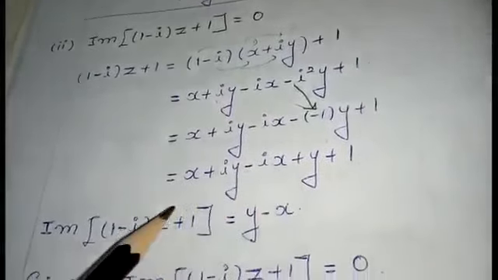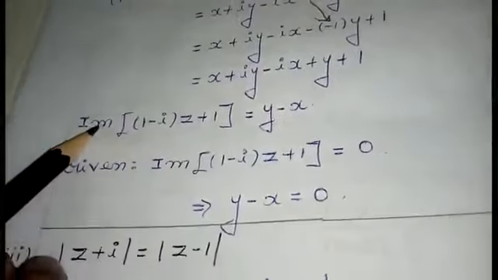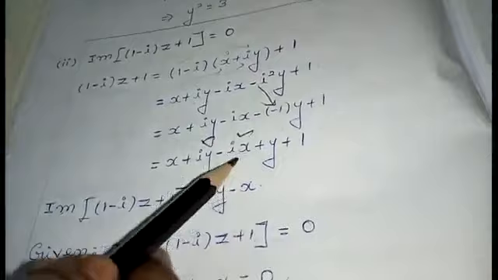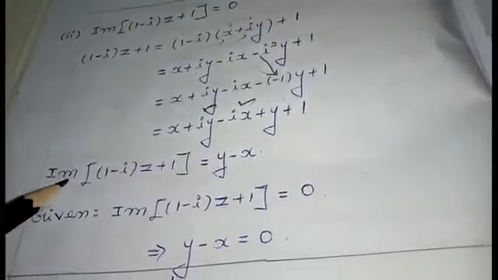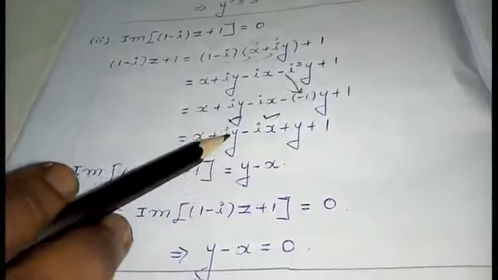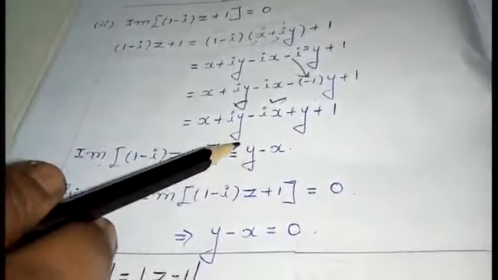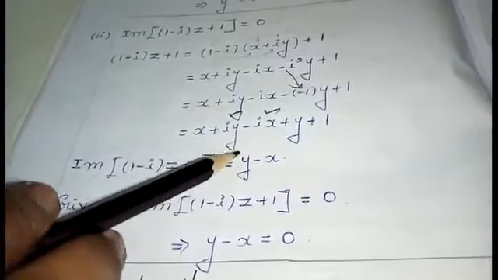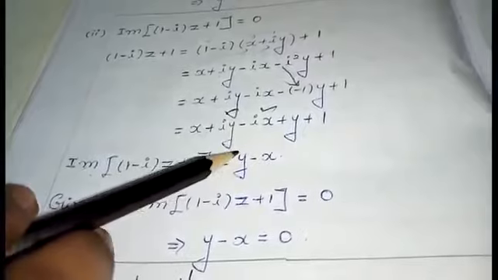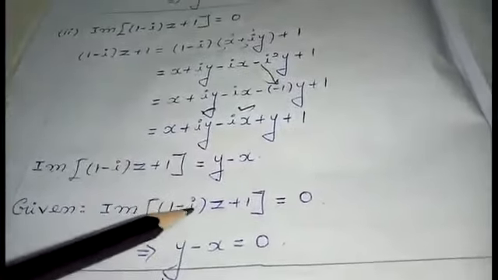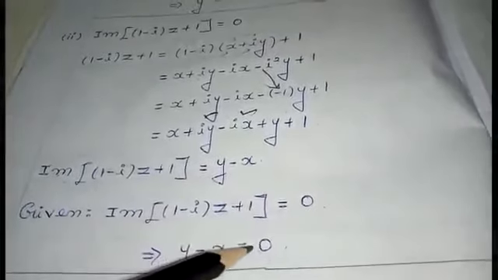That is, I am going to take only the imaginary part values. So what is the imaginary part I am having here? Plus iy minus ix. While I am writing the imaginary part, I will not write this i when I am replacing the values. That is, I am taking only y minus x. I am not writing it as ix minus iy. That is, just see here, I am taking only the imaginary part values, that is y minus x. After taking what is the required question given here, the imaginary part is equal to 0. So y minus x equal to 0 is the required Cartesian equation for the given question.